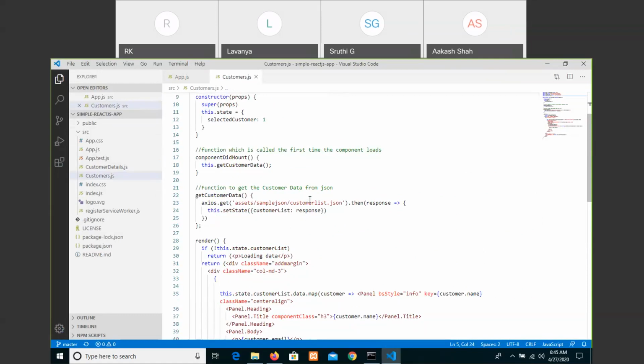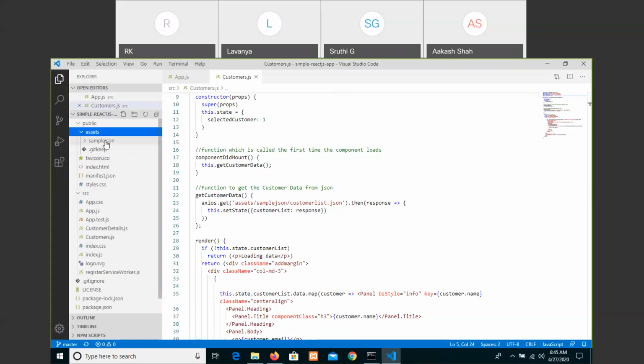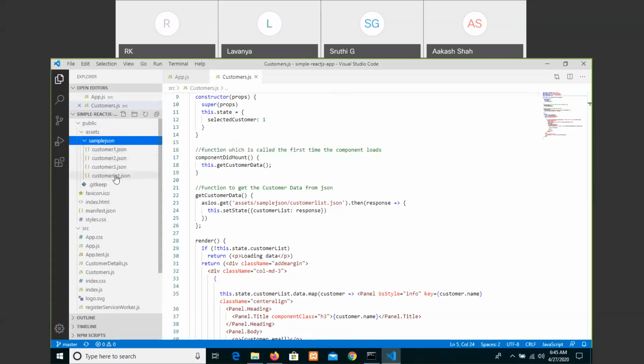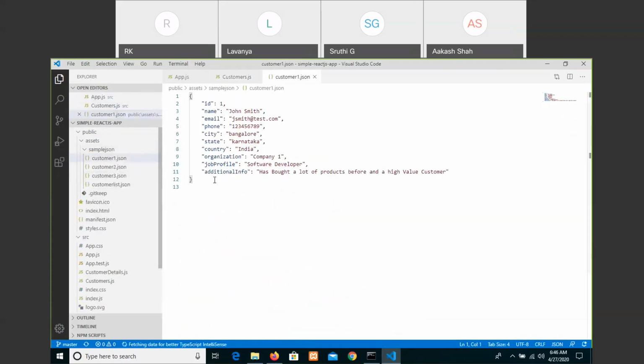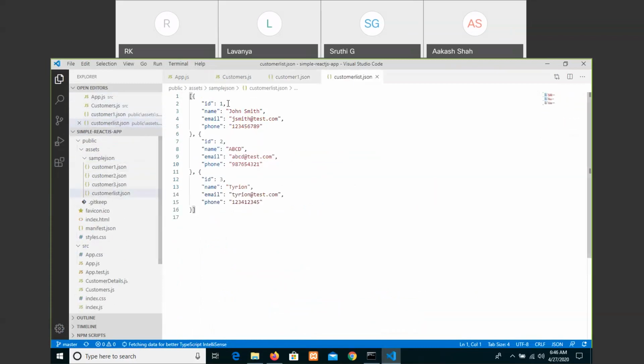Where is an assets in the public folder, in the assets, sample JSON. In this, we have customers. For example, we have given customer 1, customer 2, customer 3, customer 4, and the basic details of all the customers.